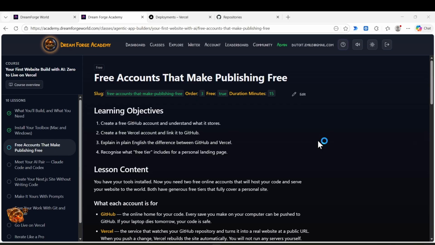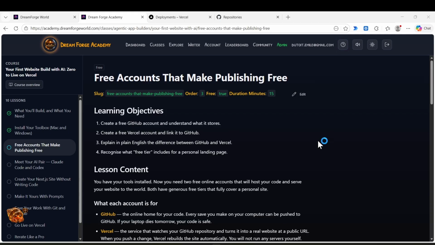You're going to create your own free GitHub account and understand what it stores. You're going to create a free Vercel account and link it to your GitHub. That is so that when you push code up from your local computer, like I showed in the previous lesson, in my case from the H drive, under my project that I'm working on after I've developed it on localhost, and I'm ready to share it with the public, or just ready to store it safely in GitHub, I create a copy of it essentially in the cloud in GitHub.